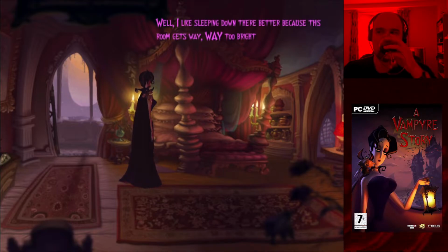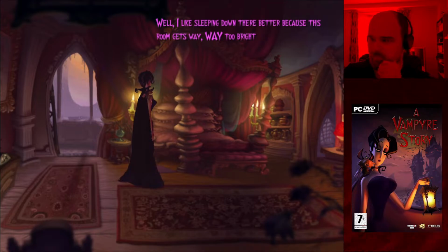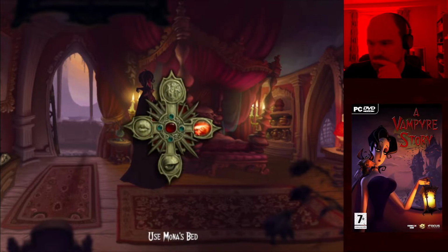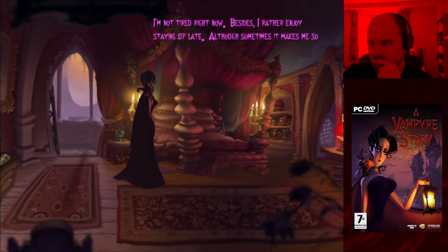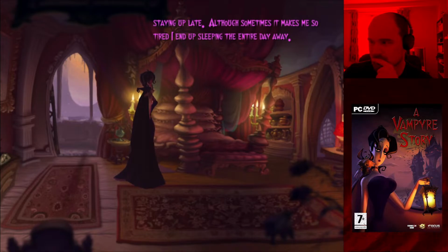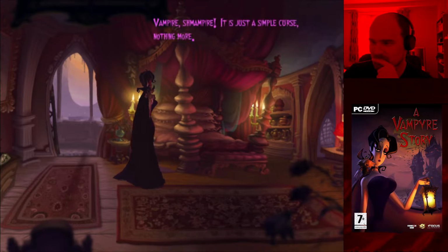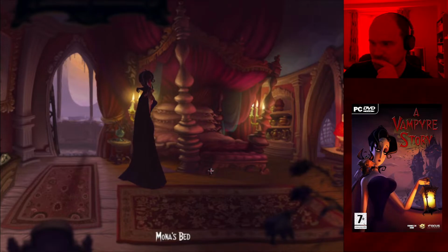Well, I like sleeping down there better because this room gets way, way too bright. I'm not tired right now. Besides, I rather enjoy staying up late. Although sometimes it makes me so tired, I end up sleeping the entire day away. Gee, I wonder why. Could it have anything to do with being a vampire? Vampire schmampire. It's just a simple curse, nothing more.